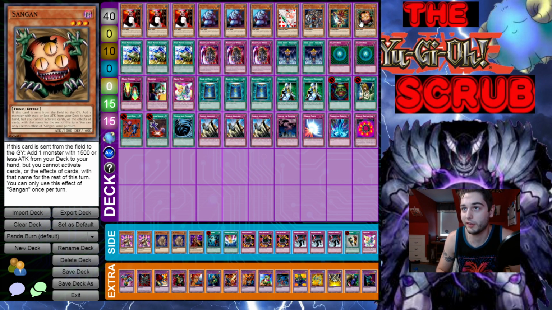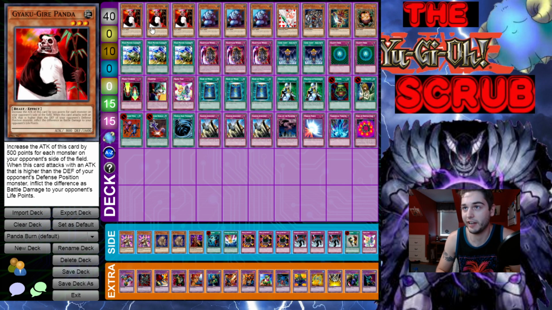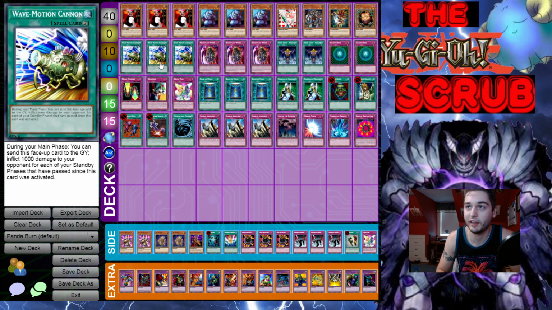We also run 1 Sangan, because they can get literally any card we have in the deck, so you gotta run the Sangan. It's a burn deck, so we're running 3 Wave Motion Cannon. This isn't a card I've used much, but I do like it, and when it's used against me, it can be very annoying. If you don't have any spell and trap removal, say you've already used your MST, Heavy Storm,